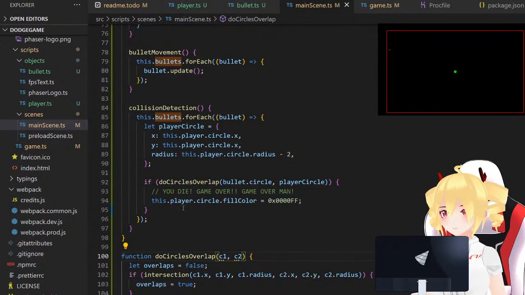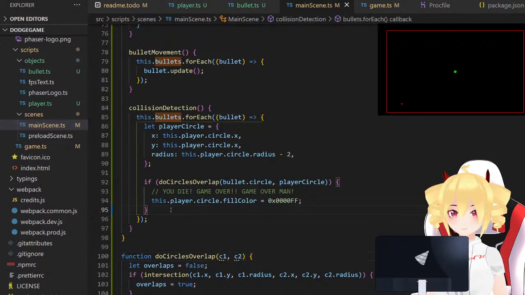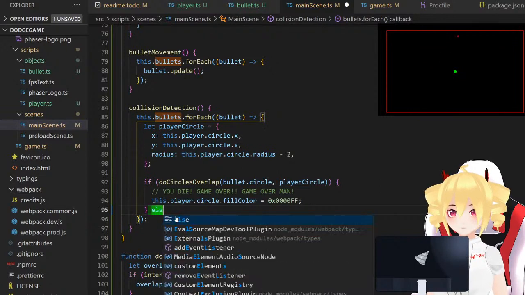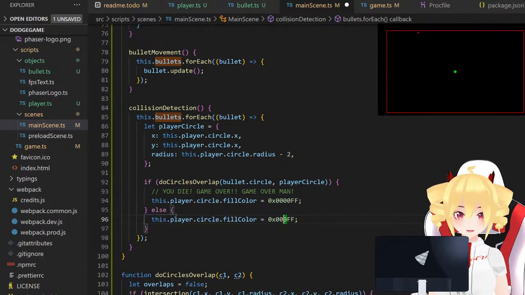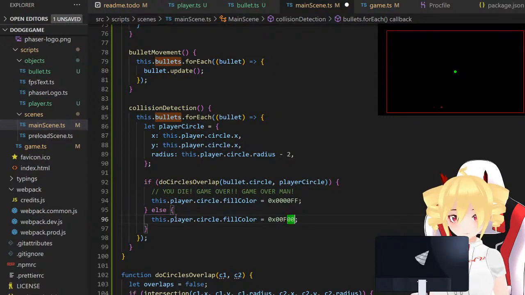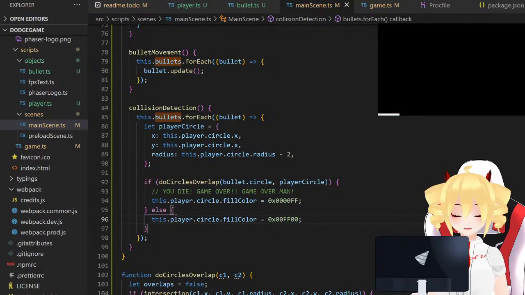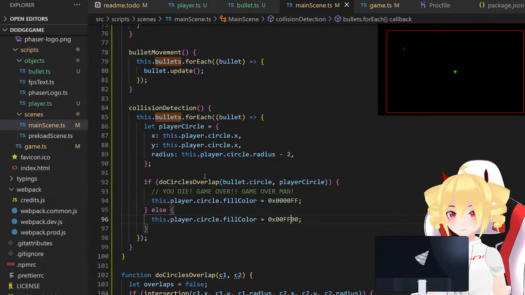So then, what I really want to do is test that this looks good. So what we're going to do is set you back to green if you're not overlapping, and then